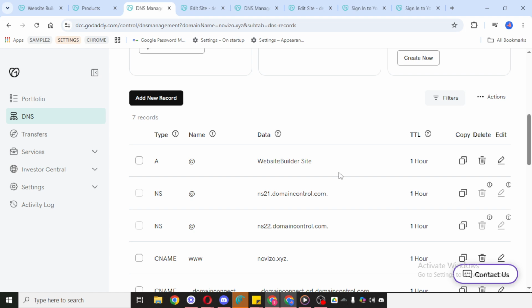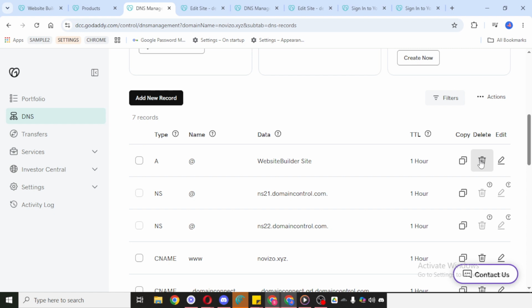Now locate the specific DNS record you want to delete. Double-check the record name, type, and value so you can be confident it's the right one. When you've found it, click on that record. You should then see the option to remove it, usually shown as a delete icon. Click the delete icon to remove the record. If GoDaddy asks you to confirm the deletion, go ahead and confirm it only after you're sure. Once deleted, that DNS record will no longer be active for your domain.